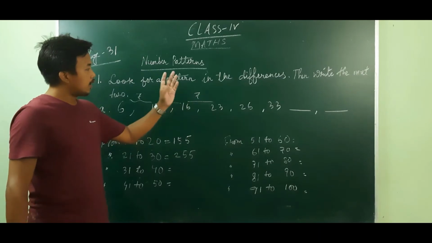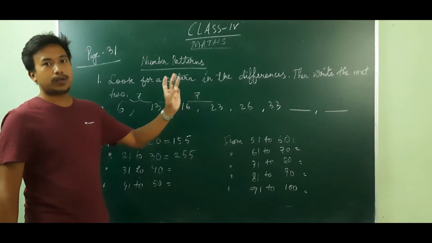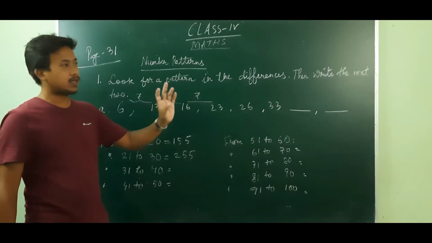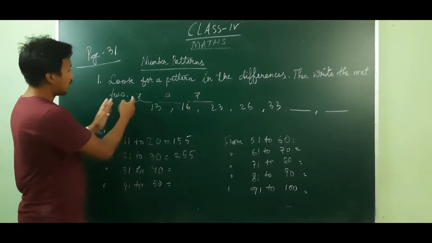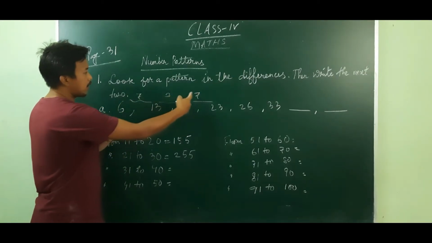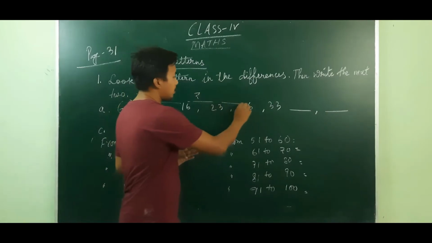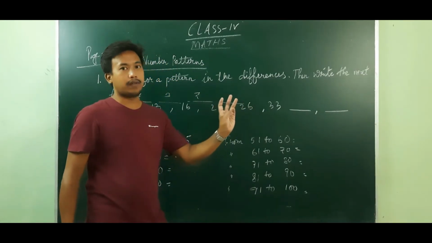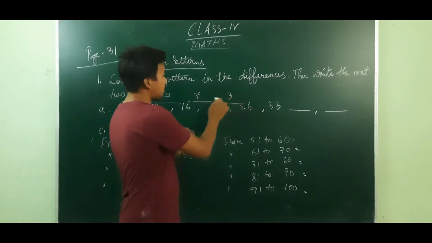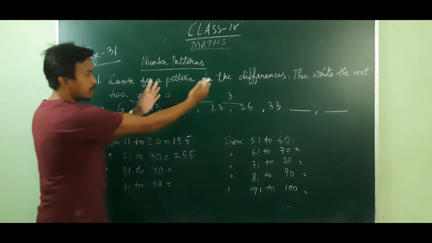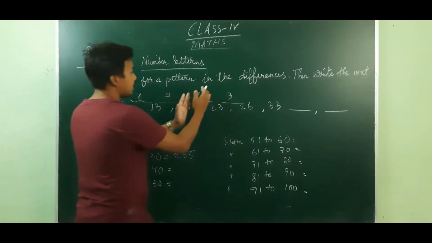Okay, again 17, 18, 19, 20, 21, 22, 23. Let me say again, we have 7 here. See here, 7, 3, 7. Then again we have here what? 3, 23, 24, 25, 26. Again 3. That means we are following the pattern of 7, 3, 7, 3. See here, 7, 3, 7, 3.